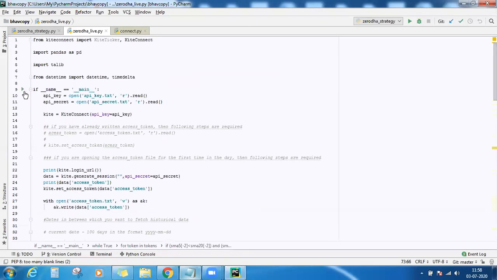We are running it for the first time. So all these steps need to be followed, the login URL and all those things.